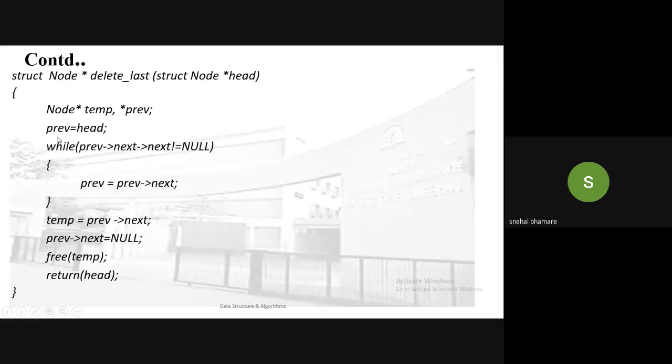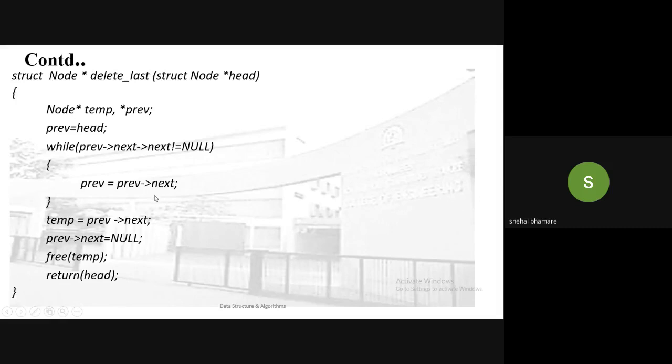Okay. Look, same function. Previous = head. Previous next of next is not equal to null. In the delete in between function, we checked the condition that the value of the next node of the previous node doesn't match the value that is to be deleted. Here we have to check whether the next part of the next node of the previous is not equal to null, previous = previous next.